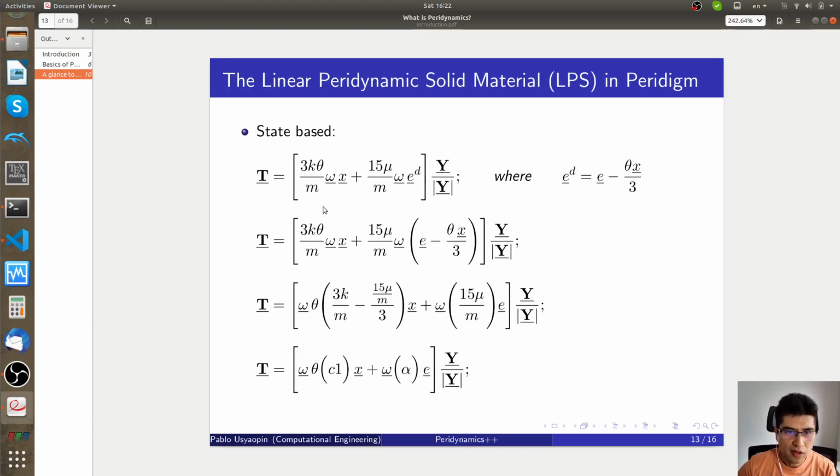So now, rewriting this expression here and knowing that we have the deviatoric bond extension defined as the bond extension minus its volumetric part, which leaves you the remaining deviatoric part, and substituting this into this, you can have here the bond force if you factorize this term and this term, putting them inside the brackets as it is here, factorizing the influence function and theta outside, as well as the x, which is the bond original position, and then putting inside the brackets the 3k over the weighted volume minus, because of this minus here, the parameter 15 mu over the weighted volume and this 3 here,